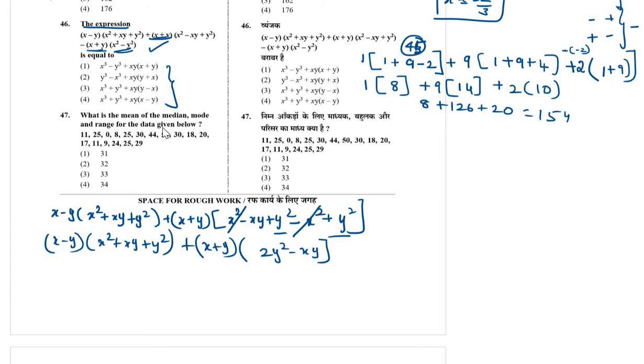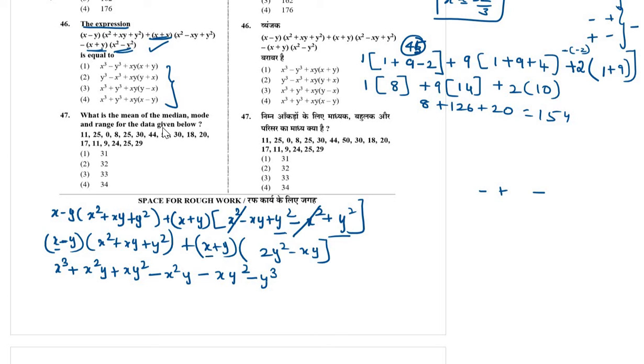So multiply with the x term. I am multiplying with the x. So x cube plus x squared y plus xy squared. Everything is plus, so you can multiply directly. Here it is minus. So in the multiplication, minus into plus is minus. So minus x squared y minus xy squared minus y cube.